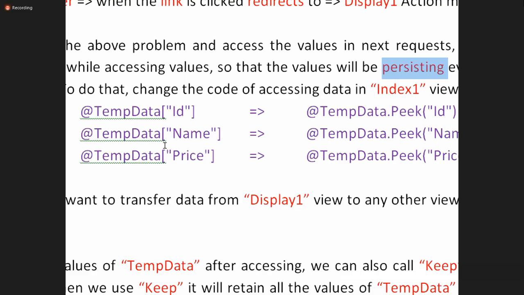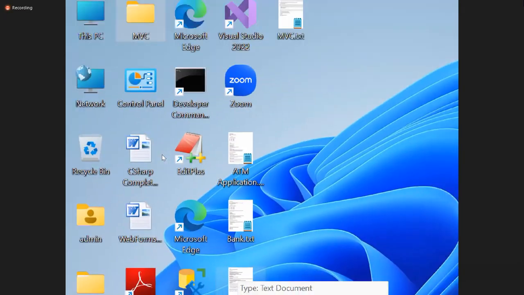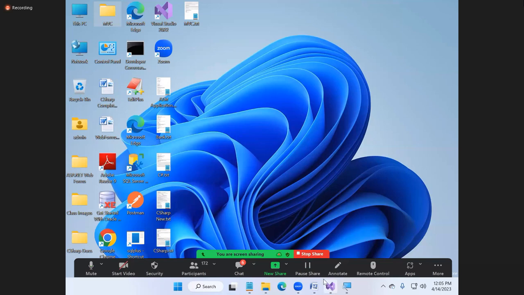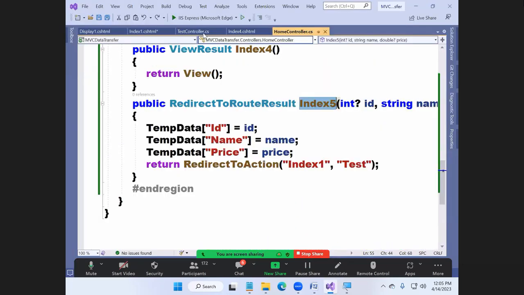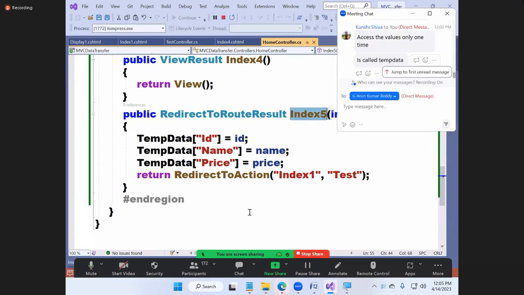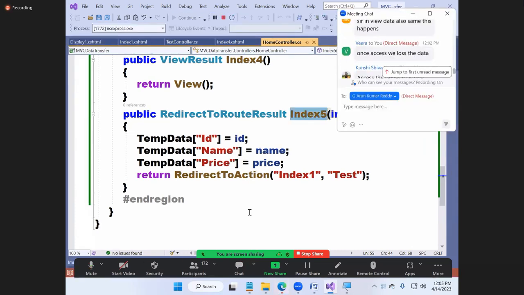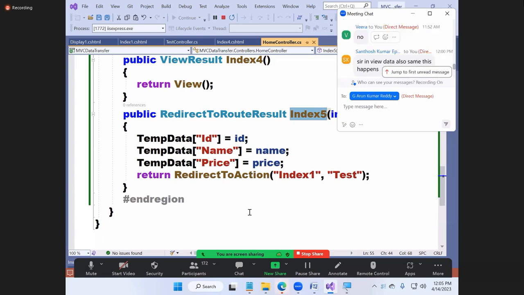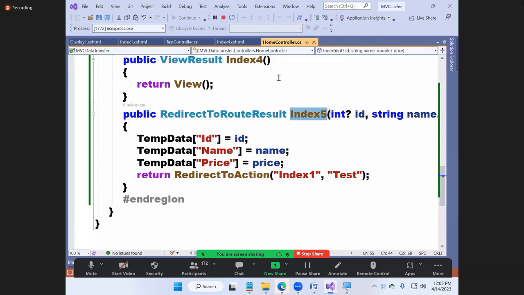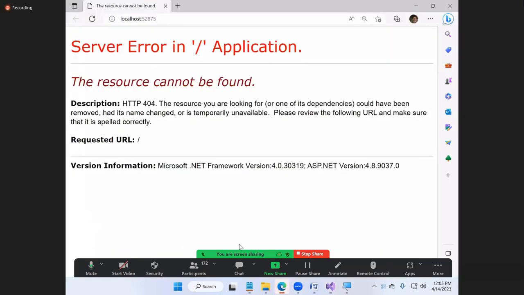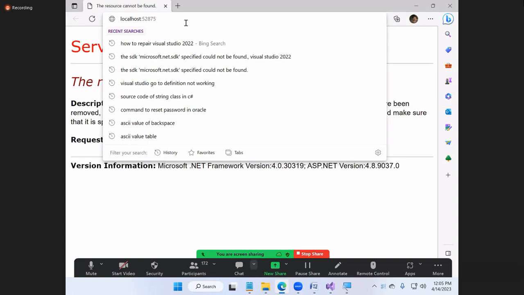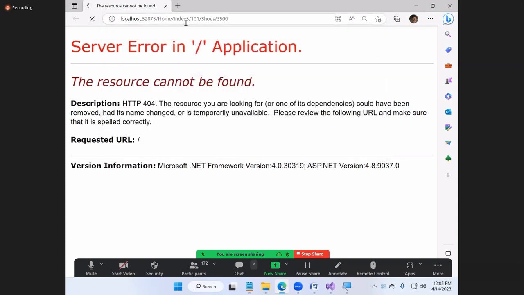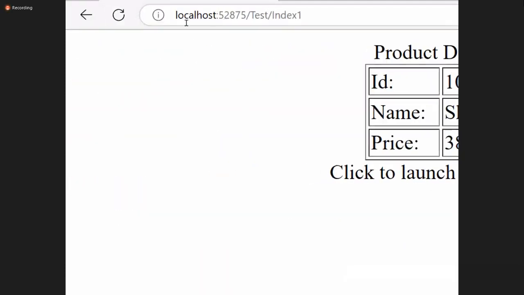Okay. So before I make the change, one more time, let me run and show you. I'm calling home index 1.